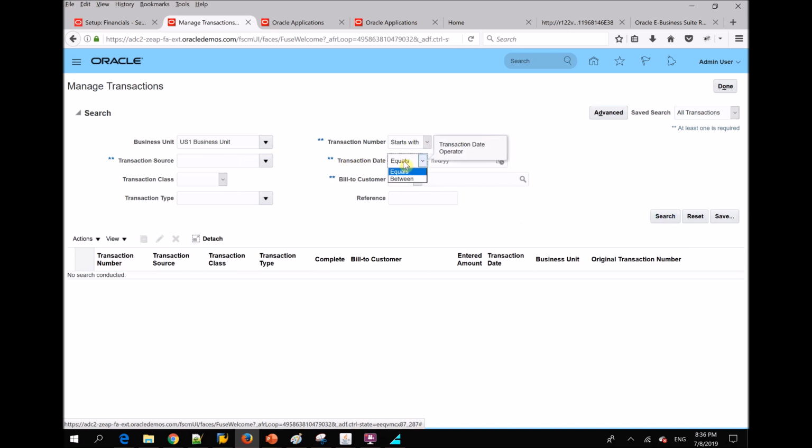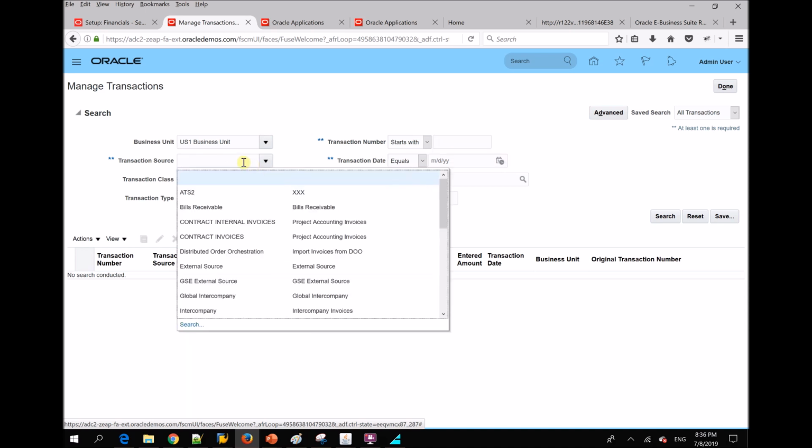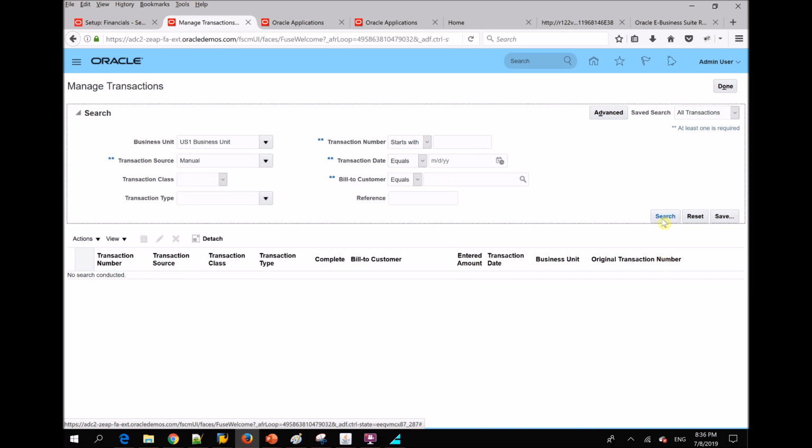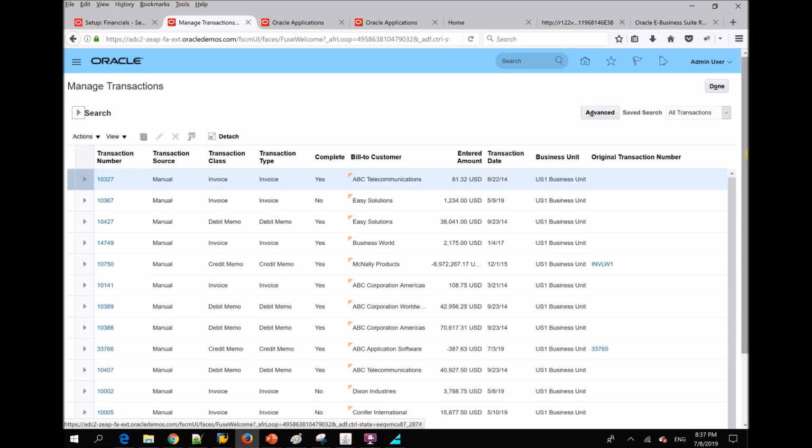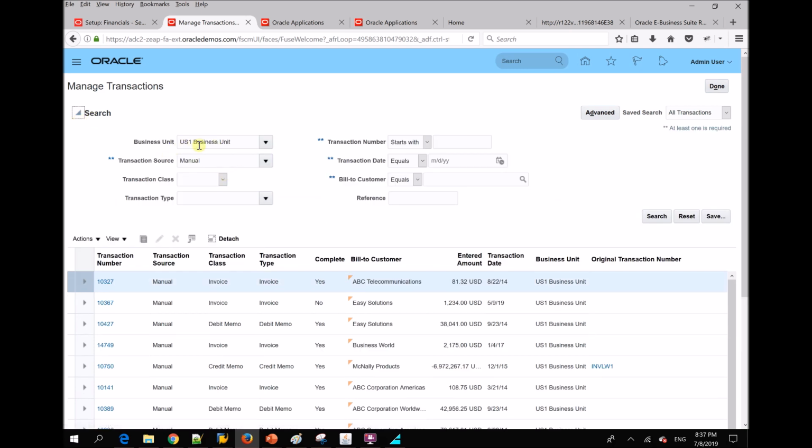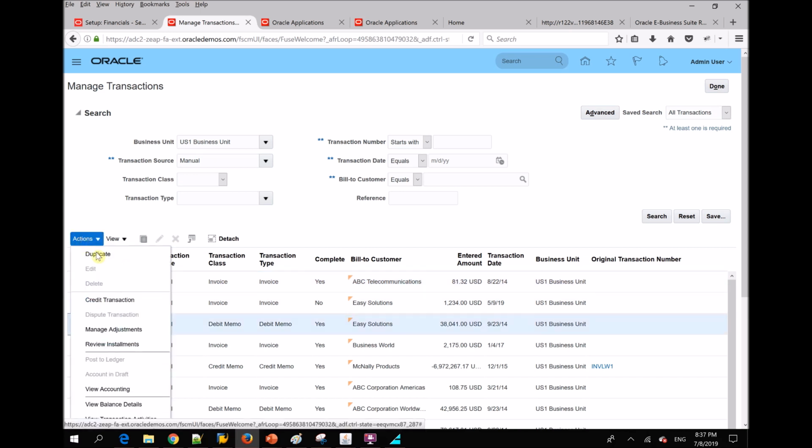So let me select the transaction source as manual, and then click on the search button. So right now these are all the manual invoices we have in this instance for this US1 business unit. From this page itself you can take various actions, such as you can credit it, you can duplicate it,